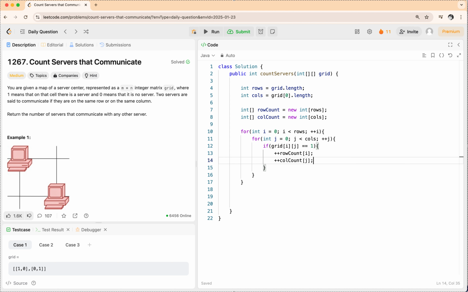So we'll be incrementing these two values for those columns and those rows. Now we have this row count and column count, and it is mentioned two servers are communicating if they are on the same row or on the same column. So we have the count of the servers in each row and each column. So to solve this, what we will do,